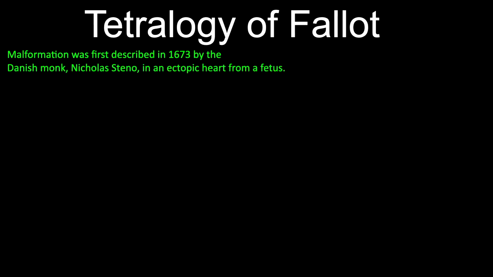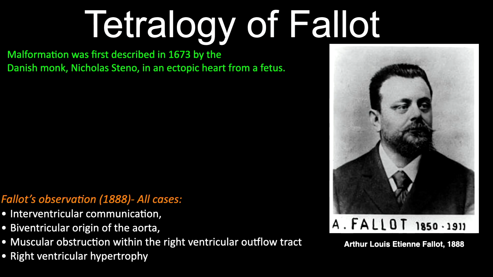So Tetralogy of Fallot is a malformation that was first described in the 1600s by a Danish monk, Nicholas Steno, in an ectopic heart from a fetus. And that's actually a common association with Ectopia cordis with Tetralogy of Fallot. And it was not until the late 1800s that Dr. Fallot described the malformation with the 4 features that is known today, and has been also described as the